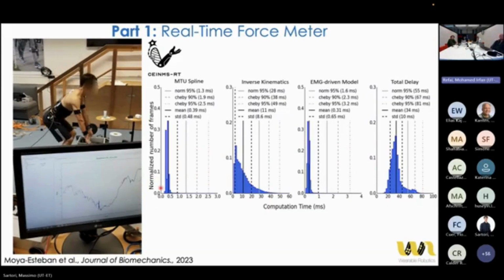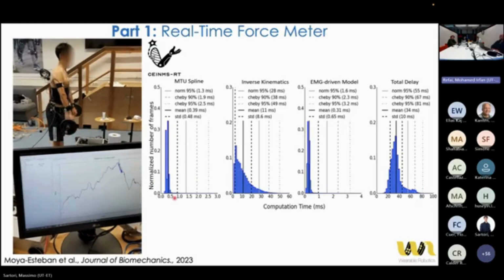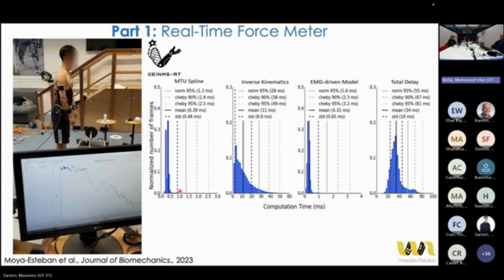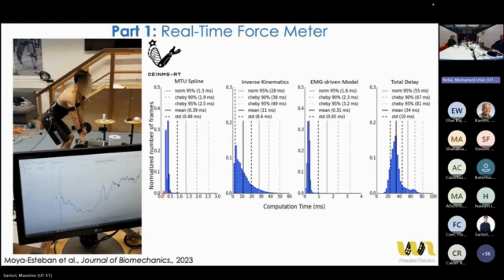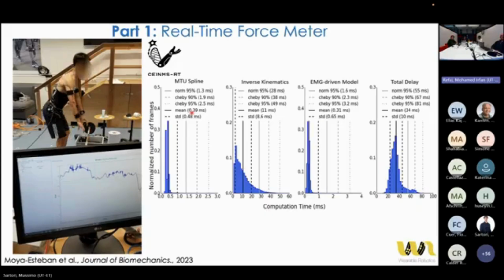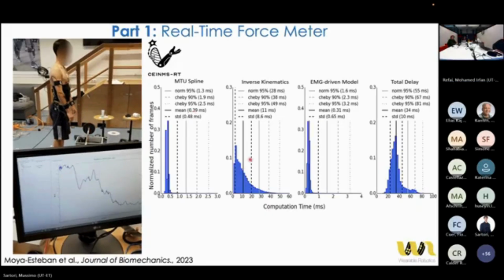These histograms show the distribution of the time delay of different CEINMS blocks. So you can see that the spline module, the module that converts joint angles into muscle tendon kinematics, on average runs in 0.40 milliseconds. Whereas the core CEINMS module on average runs in 0.31 milliseconds. So we're able to run the entire pipeline in about 34, 35 milliseconds, which means that we are